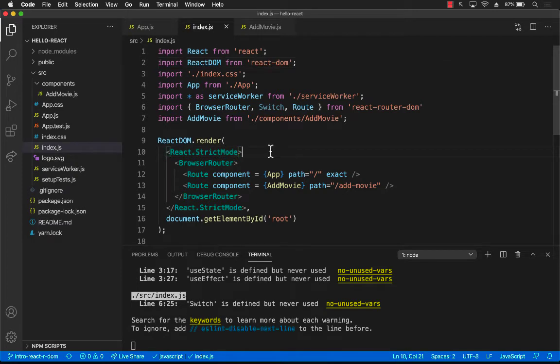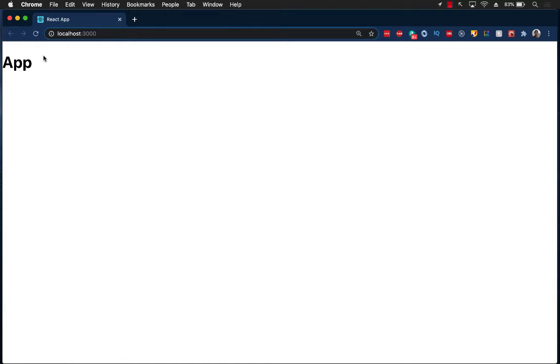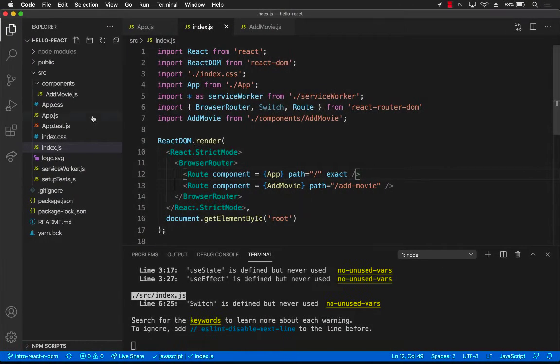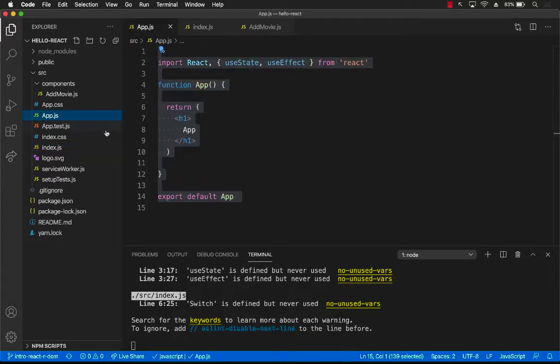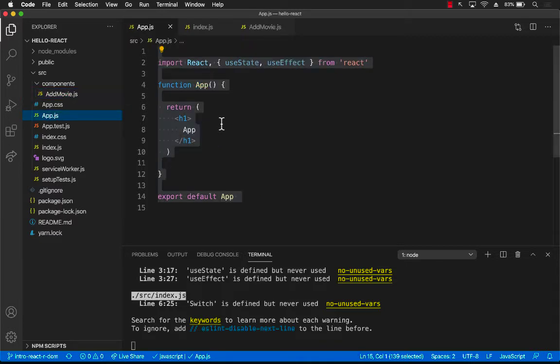In the last video, we got started with the browser router, and you learned how you can create different routes. But what is missing in these pages is some sort of common elements like header, footer, maybe the menu also, because menu will be displayed in all the different pages. Now I can certainly go back to my app component and my add movie component and create a separate component called header